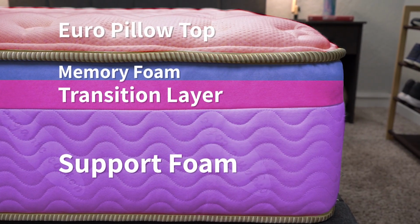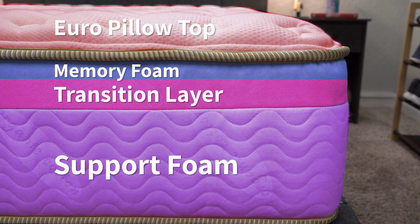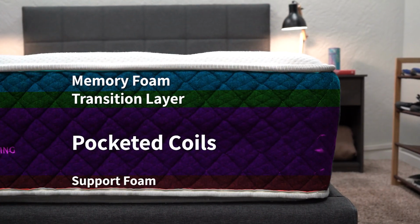Above that is a layer of memory foam, then a Euro pillow top, and the whole thing's wrapped up in a nice organic cotton cover that has a cooling strip in the center third of the bed, but more about that later. Now jumping over to the Brooklyn Bedding mattress, this bed has a thin layer of support foam, then